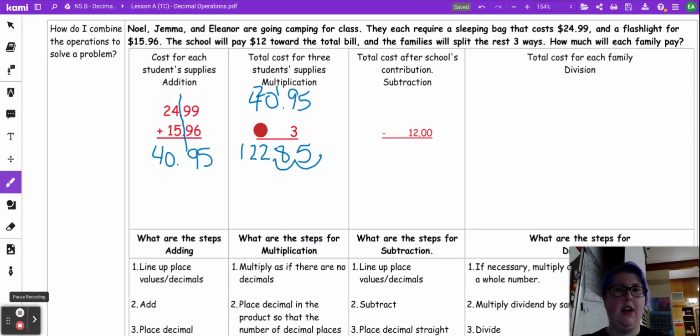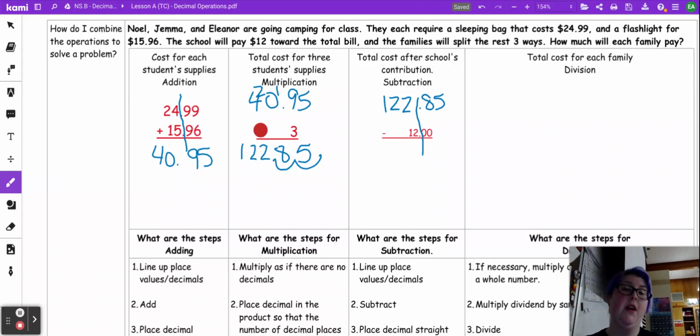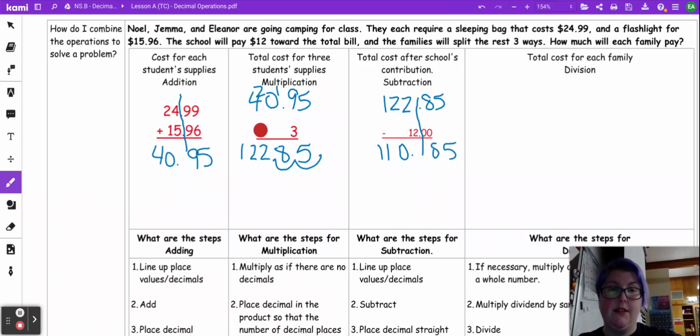Now we have to figure out, if the school pays $12, the family isn't responsible for that. So now we're going to subtract the amount of the school's contribution. So we have $122.85. Again, make sure that you are lining up that decimal place as best as possible. When we subtract the $12, we get $110.85. So that is the total cost of both the sleeping bags and the flashlights for 3 children after the